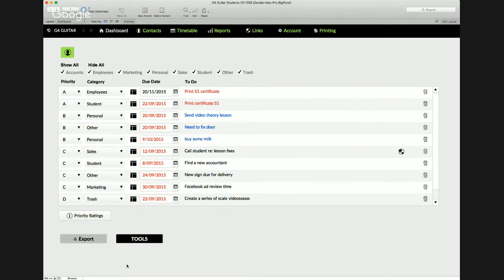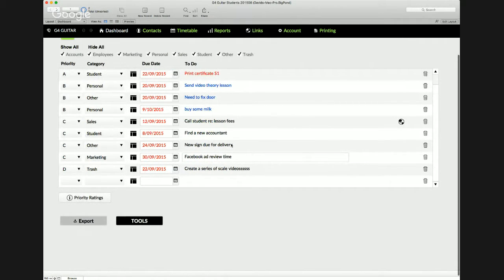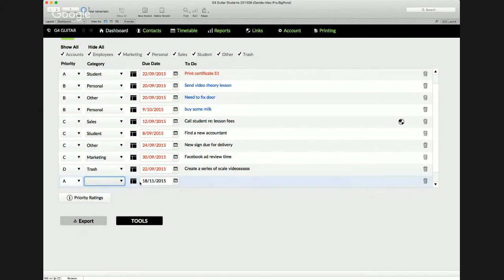So, for example, if you want to put a new to-do in, all you do is scroll to the bottom here, and you can see that there's an empty one at the bottom there. So you might put it in here, and you might say it's an A priority, and it automatically puts in the due date as today, and you can update that as you wish. And then you might say this is to do with marketing, and it might be,